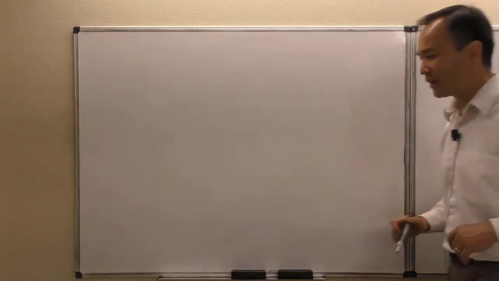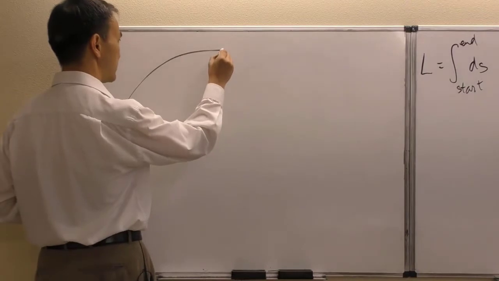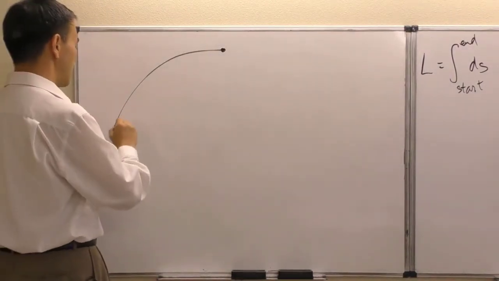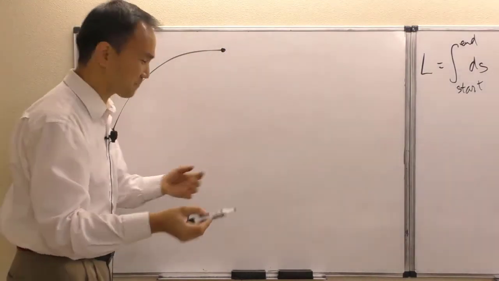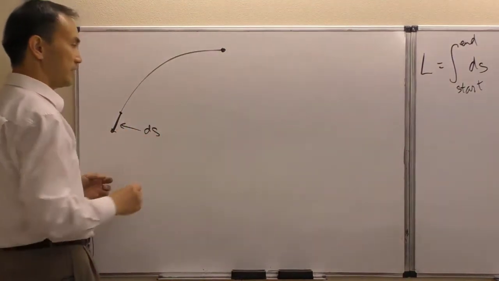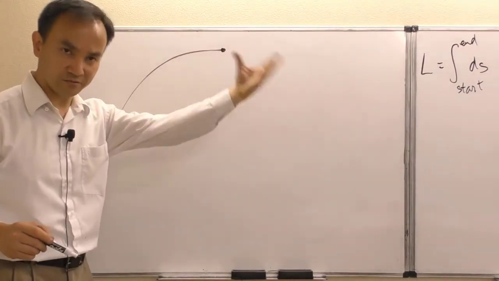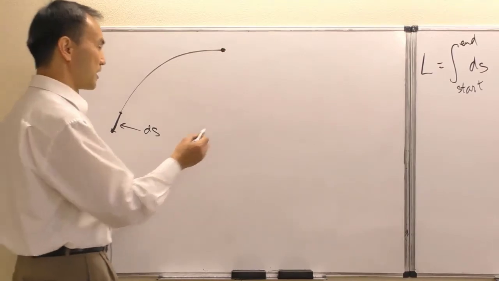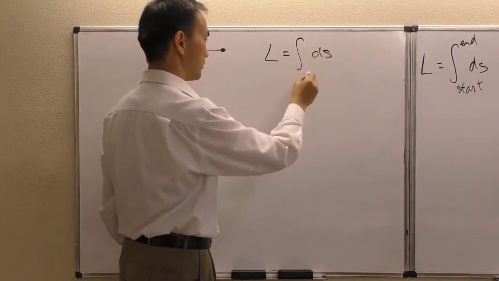So now two scenarios can happen, as I mentioned earlier. This same curve right here, that same arc right here, we broke that down into infinitely many subsections, right? And each of those is a ds. So there's a ds right here. And then the more we break it down, the finer it is, and the better it approximates. And that's why in the end, this is the total accumulation of all ds from a start